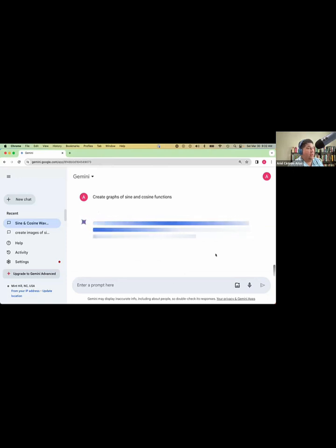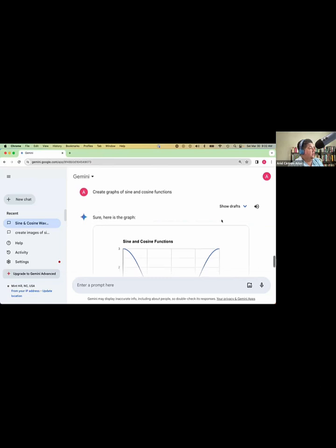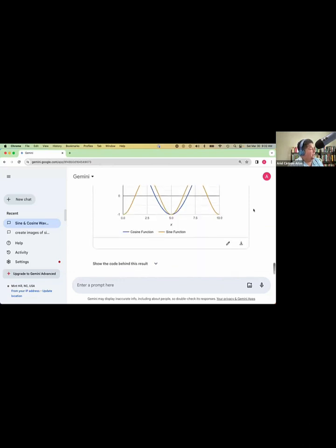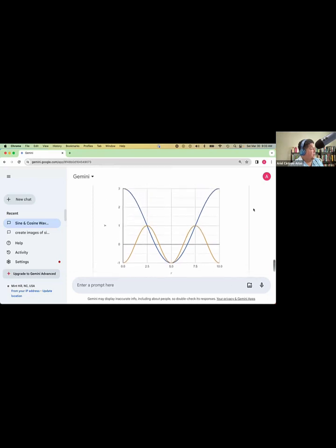I want to see if this actually displays exactly as it did when I was trying this before. It did. So I have a graph there, but the graph is also interactive. I can hover the mouse over one curve. So the blue curve is cosine, the orange one is sine. And this is interesting that it's interactive, but also